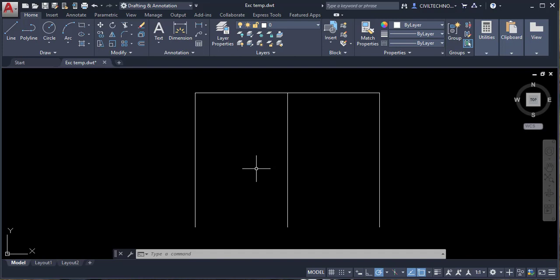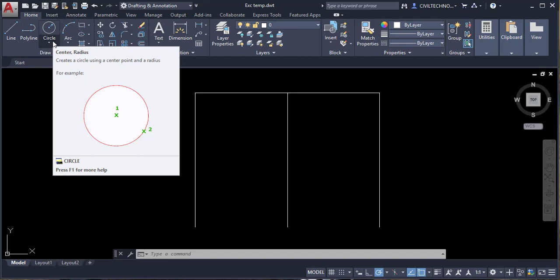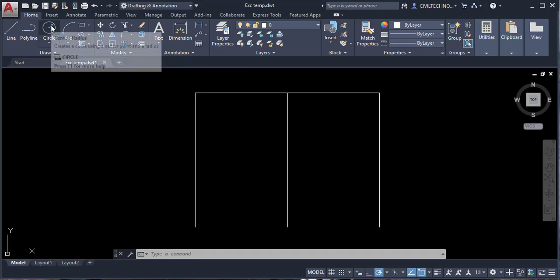Hello, in this tutorial we are going to learn how to draw a circle in AutoCAD. So let's get started. The Circle command is in the Draw panel. You can see the Home tab, and under this is the Draw panel, and here you can see the option for circle. Now from here I can just activate circle, or I can use the shortcut C to